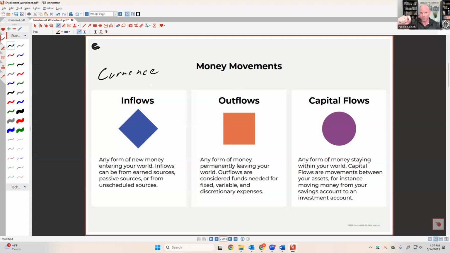Again, it's invite only. This is not something you can just download. If you want it, you have to be invited to it. So Currence, and what Currence does, I'm going to talk about Currence and the inflow side, and then we're going to circle back and talk about the outflow side. So what Currence does,